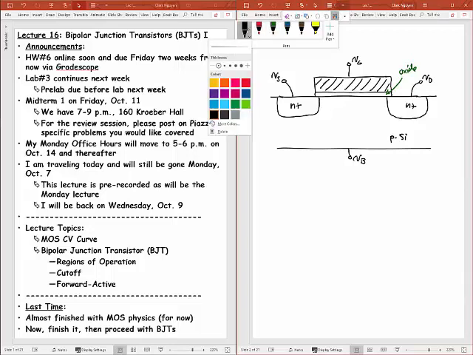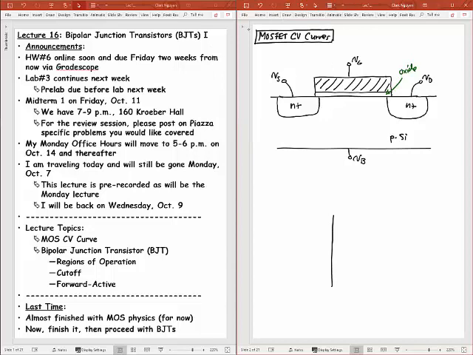What I'm interested in doing right now is treating this device as a capacitor. If I were to look at this as just a capacitor, what kind of capacitance am I looking at? Specifically, what does the CV curve look like? So I want to plot down here a plot of capacitance versus voltage, and that would be the voltage applied to the gate of this device.